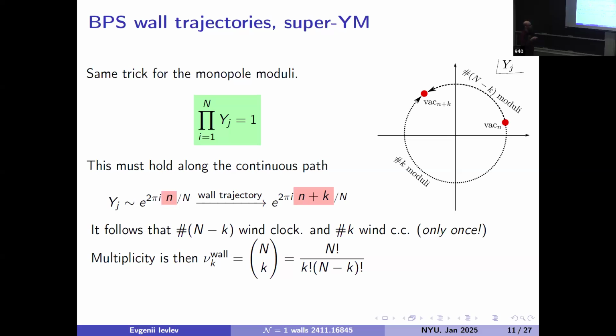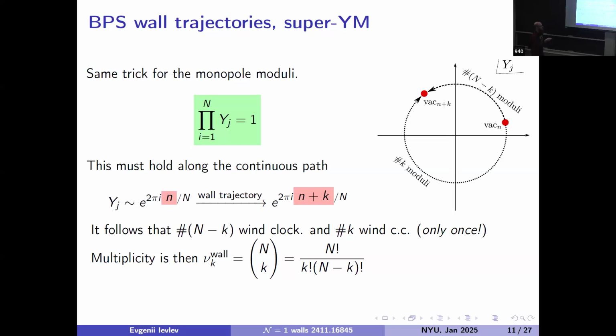So you pick a pair of vacua, you study possible windings of your modulus in the complex plane. The modulus can wind counterclockwise or clockwise, and the domain wall trajectories must, of course, be consistent with the superpotential,